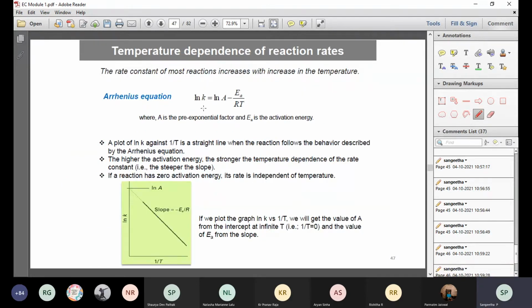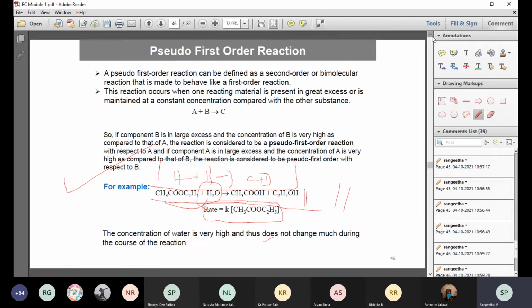And then the rate constant of most of the reactions increases with increase in the temperature. Take down ln k, the rate constant, ln A, the pre-exponential factor, and E is the activation energy, R and T. The plot of ln k against 1 by T is a straight line when the reaction follows this behavior. See, this you are going to find out. I was telling you with respect to the